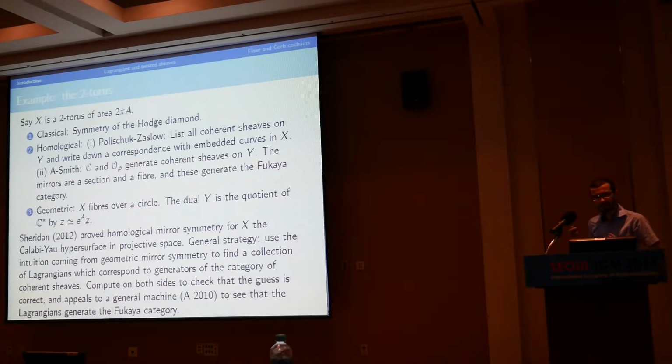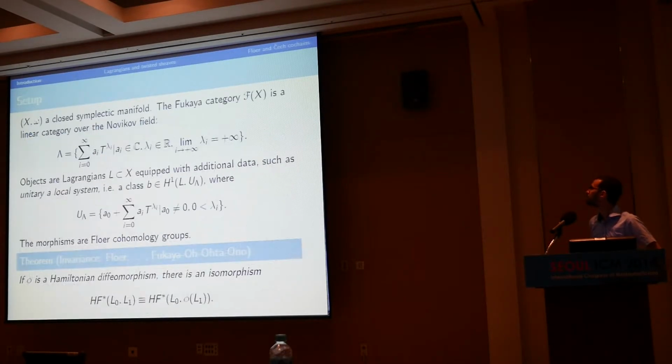But what I want to stress is that you start with geometric intuition, but it doesn't give you the proof. And what I want is a proof, not just saying, look at the geometry of the fibration, you're done. Okay. So how are we supposed to do this? Let me be a little bit more precise. This is the setup we have to consider, so I have to apologize for the technicalities. X is a symplectic manifold, and it will be closed.